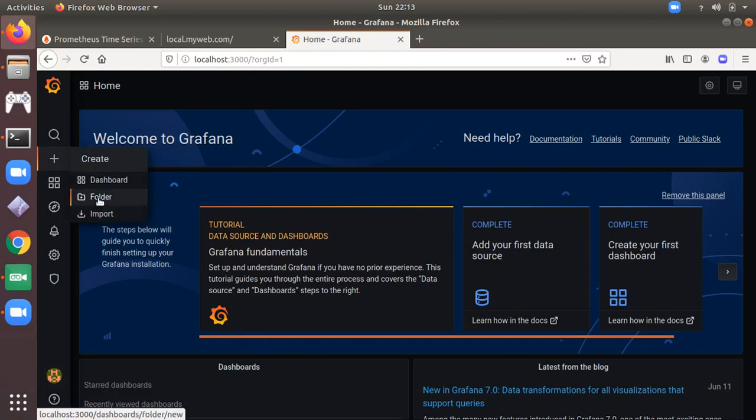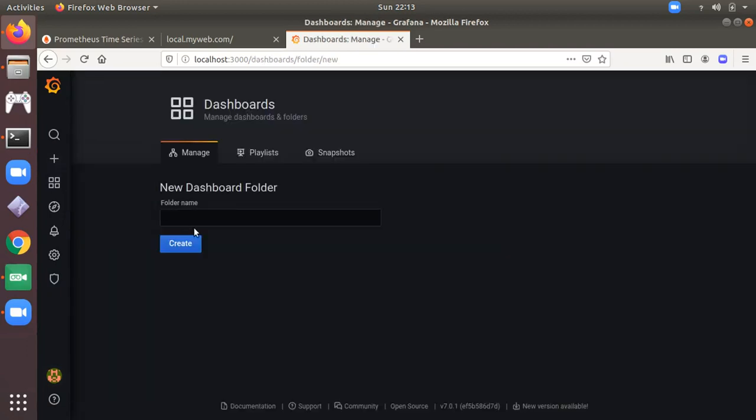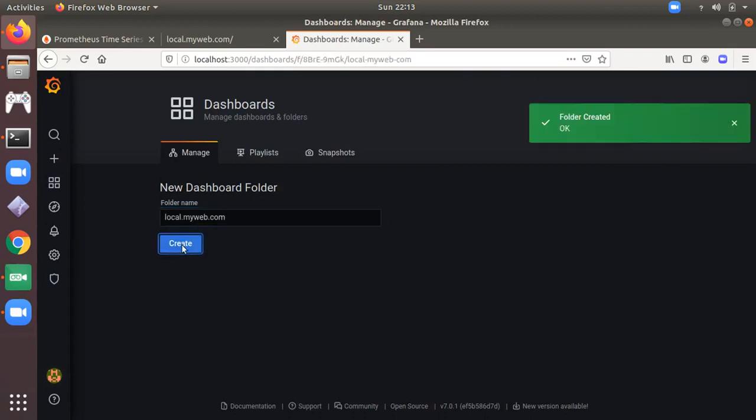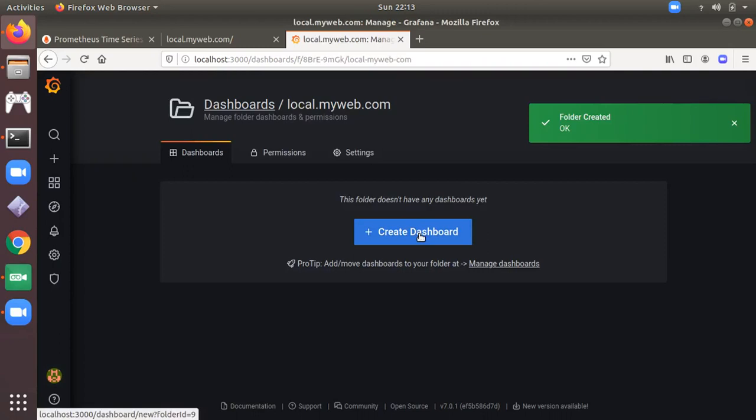You can create a folder and folder name, create a dashboard.